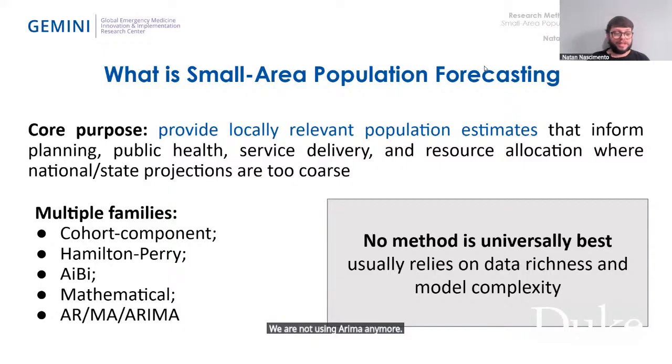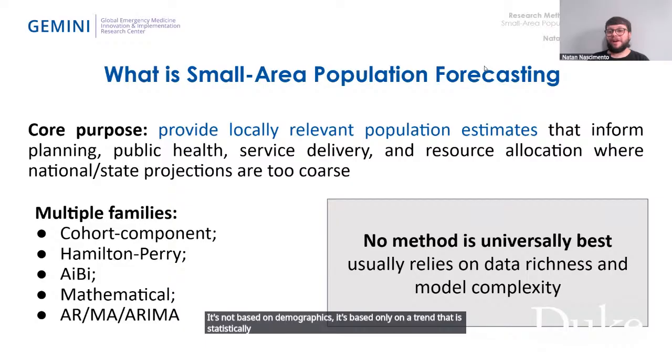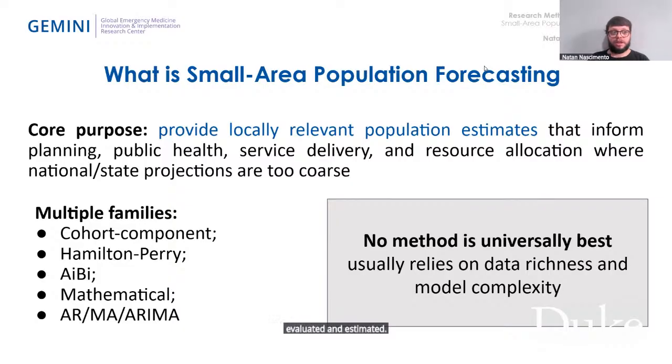Why? It's statistical only. It's not based on demographics. It's based only on a trend that is statistically evaluated and estimated. And for a population dynamic, it's not always the best. The best thing for a population is to use population variables. So the ARIMA or other trend-specific models that do not use any population variables or demographics or do not imply